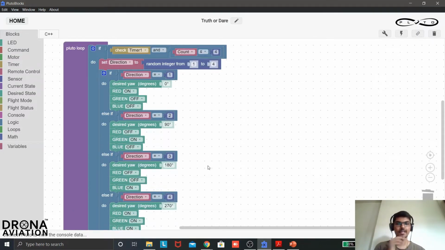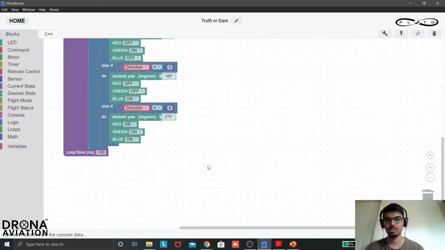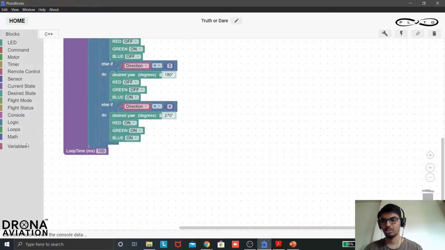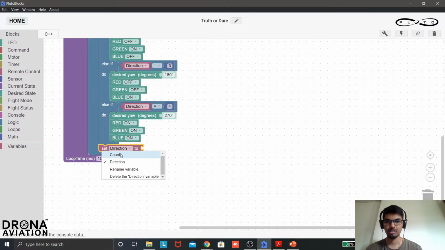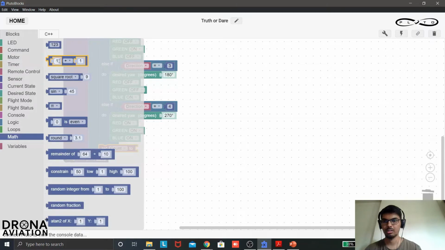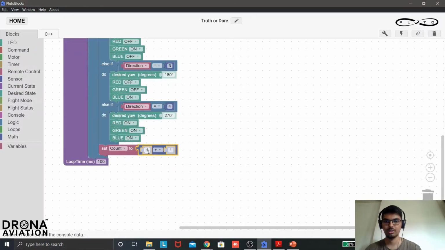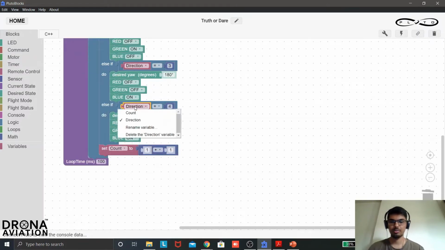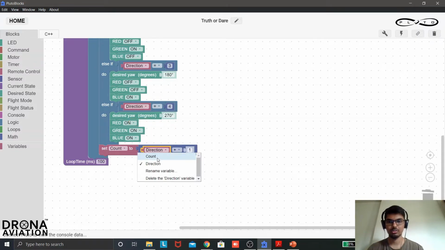So here most of my coding is done. One thing that I will do is, from variables I will select set variable to, I will select the variable count, set count to math. From math I will select this. Let me copy paste this, and over here also I will select count.